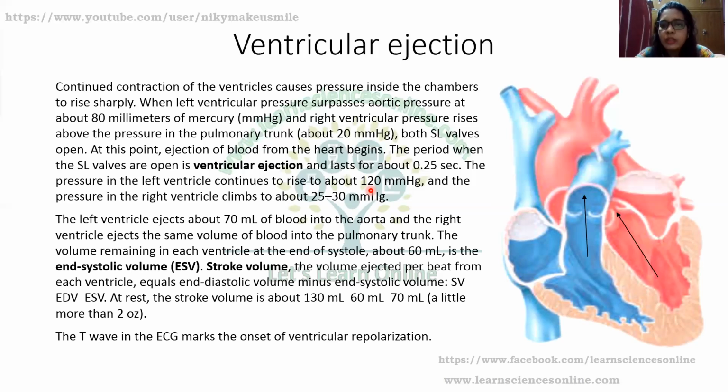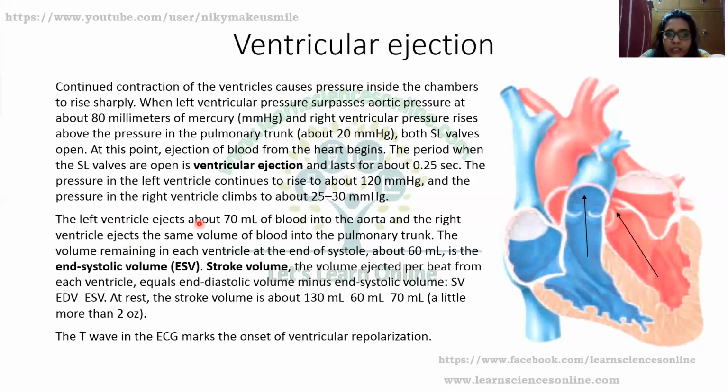But if we talk about the left ventricle, it needs to pass the pure blood, or I must say oxygenated blood, to the farthest point of the body from brain up to the toe. So it needs to generate quite high blood pressure so that the blood could reach each and every part of the body, and that's why the wall of the left ventricle is the thickest. Why? Because the blood pressure is highest in the left ventricle, that's why the wall of the left ventricle is thickest among all four chambers of the heart.